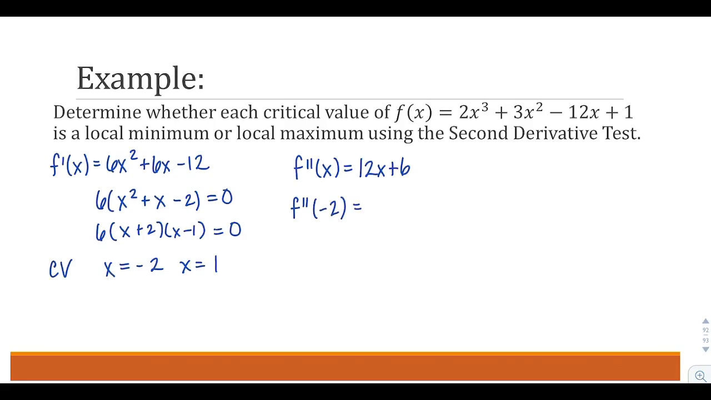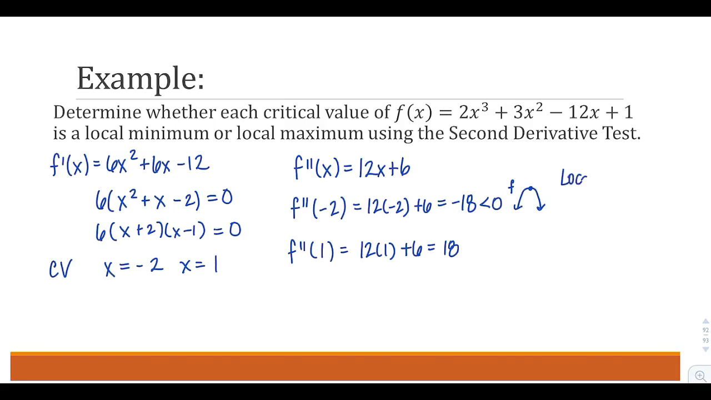f double prime of -2 is 12 times -2 plus 6, which is -18. And f double prime of 1 is 12 times 1 plus 6, so +18. So what this tells us, since the second derivative at -2 is negative, what we know about the graph is that the graph of f is concave down, so we know that that critical value is a